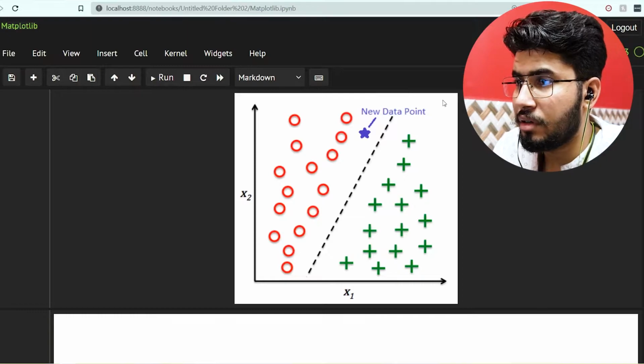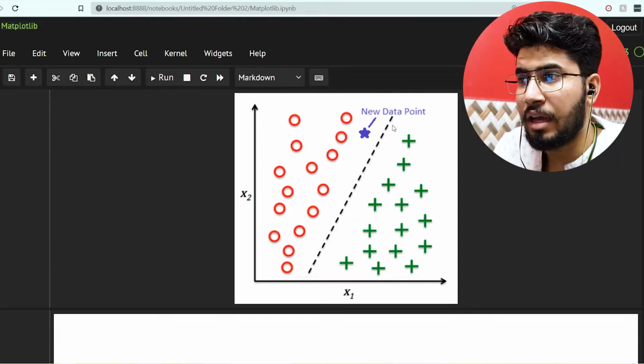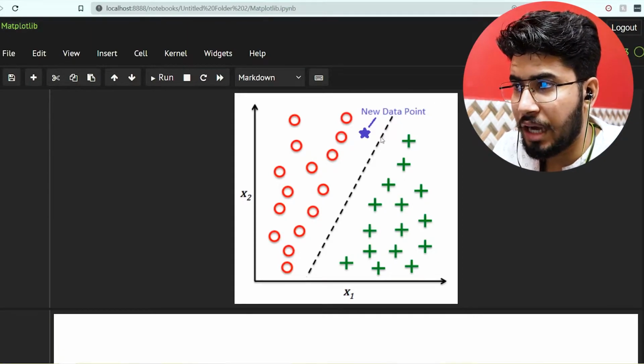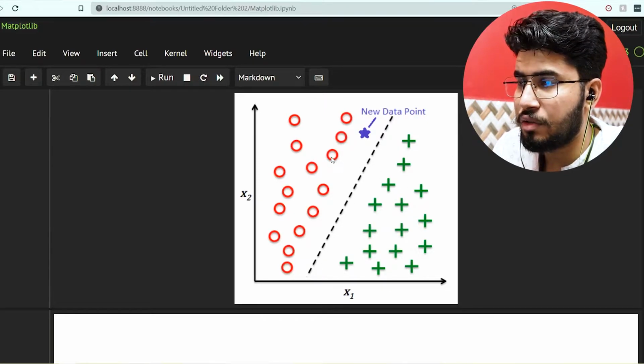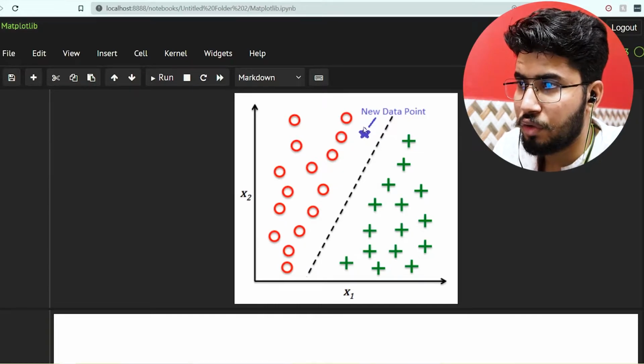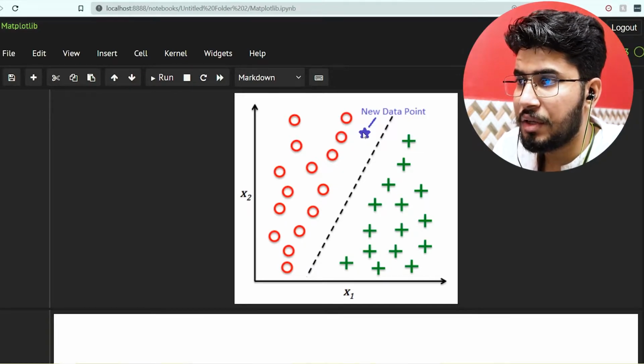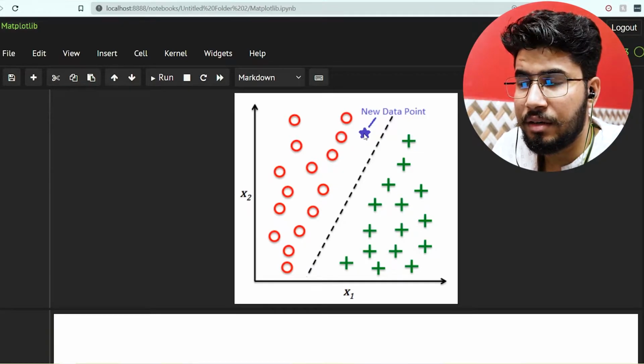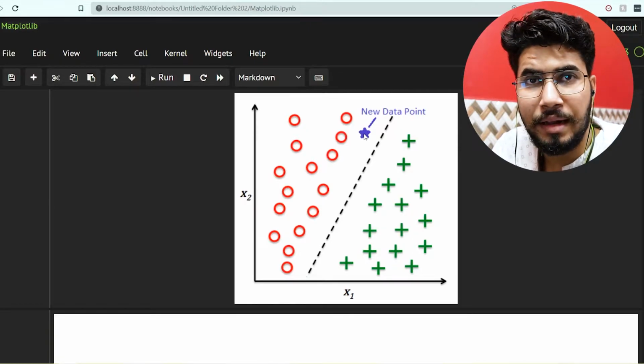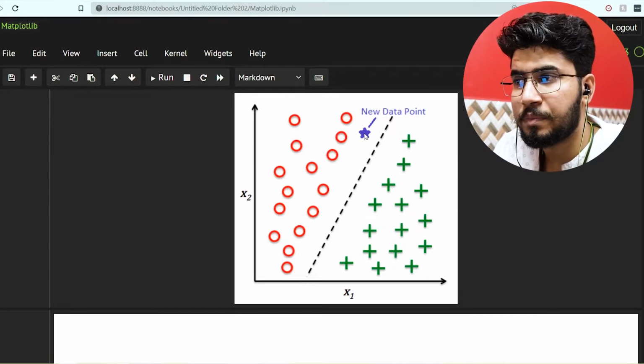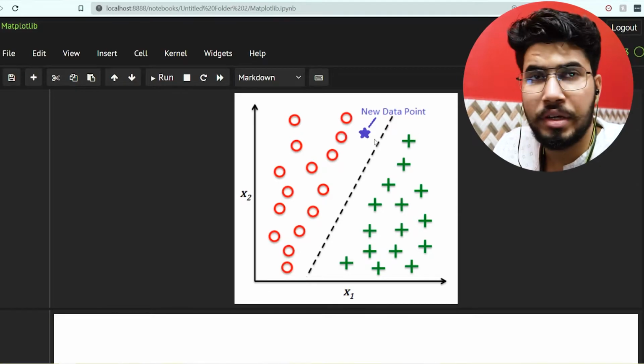Then after you have applied your algorithm, you can tell them, I have decided that this line will be able to separate all of this data. So whenever a new data point comes, it will be considered as a user who likes pizza over burger.